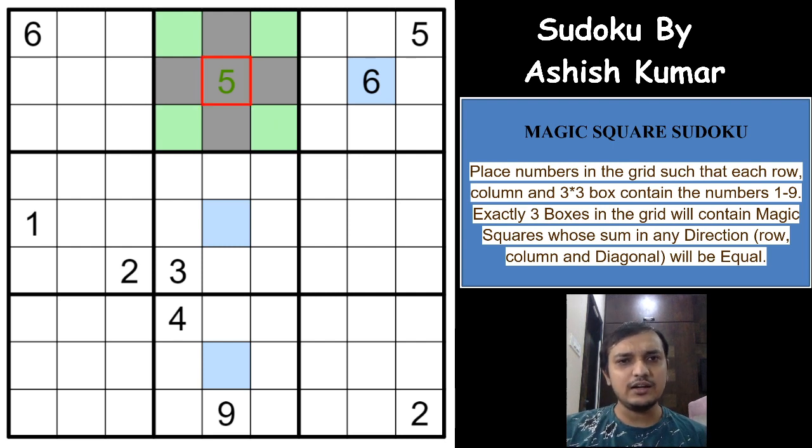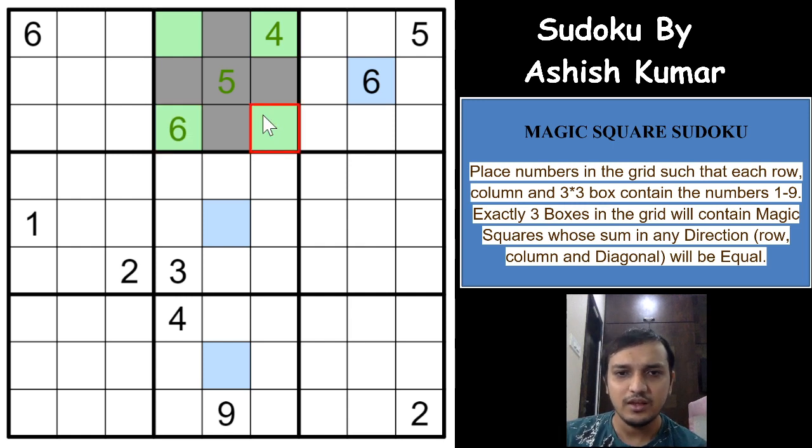And as we know that 6 has to be in one of these 2 cells because of the 6 here, 4 has to be in one of these 2 cells because 6 is always opposite to 4, and because you get a 4 here, 4 has to be here, which means a 6 has to be here, right? Excellent. Now if you see, a 9 cannot be in one of these 2 cells. 9 has to be in these 4 cells, but a 9 cannot be in one of these 2 cells because you'll immediately get the sum of 15 with just 2 cells, right?